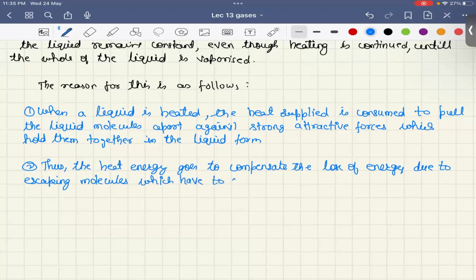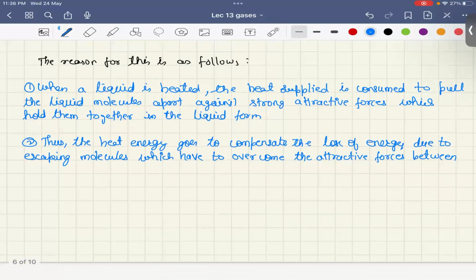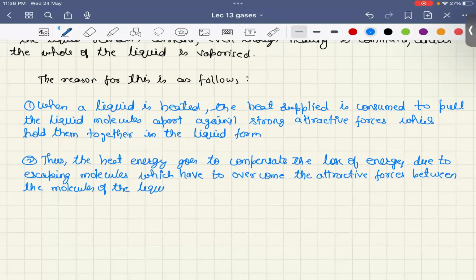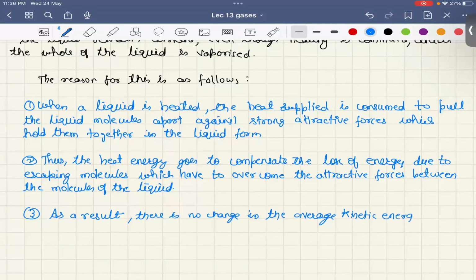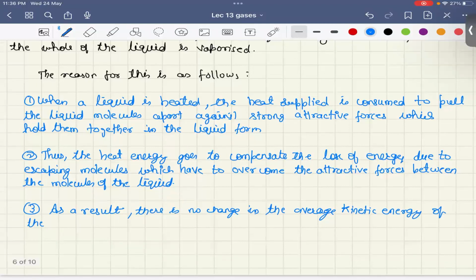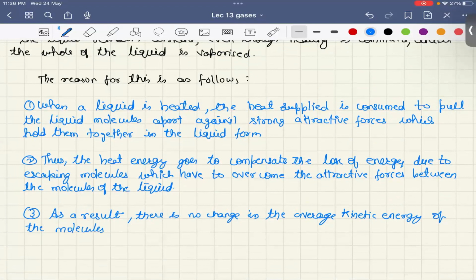attractive forces between the molecules of the liquid, and hence as a result there is no change in the average kinetic energy of the molecules remaining in the boiling liquid,